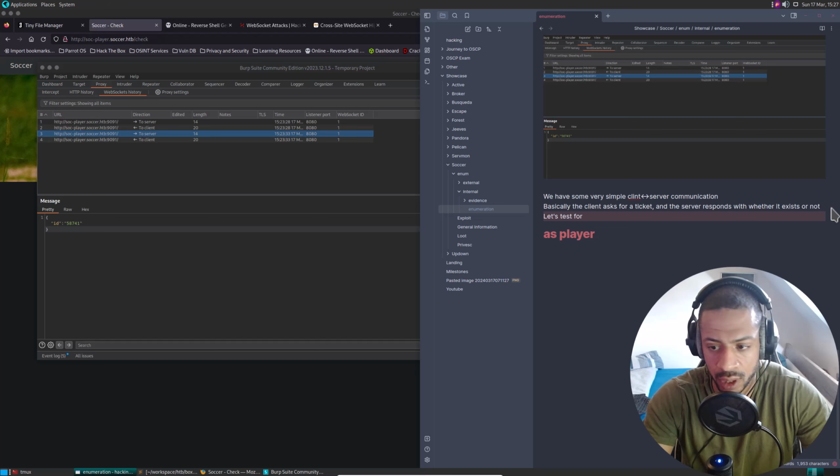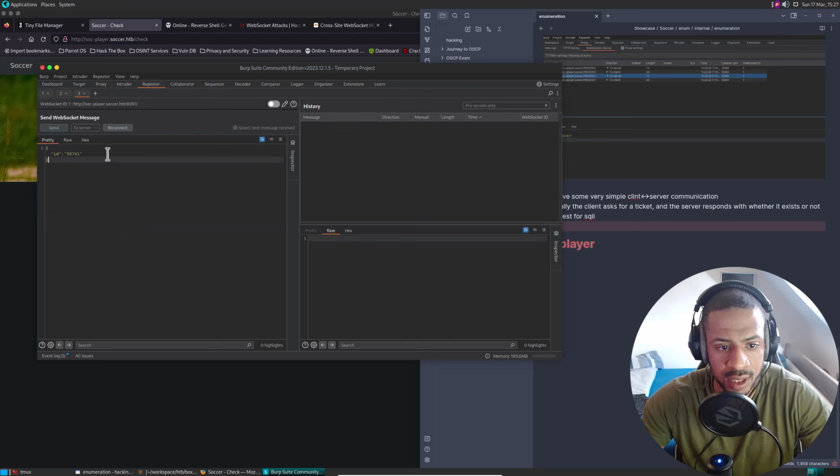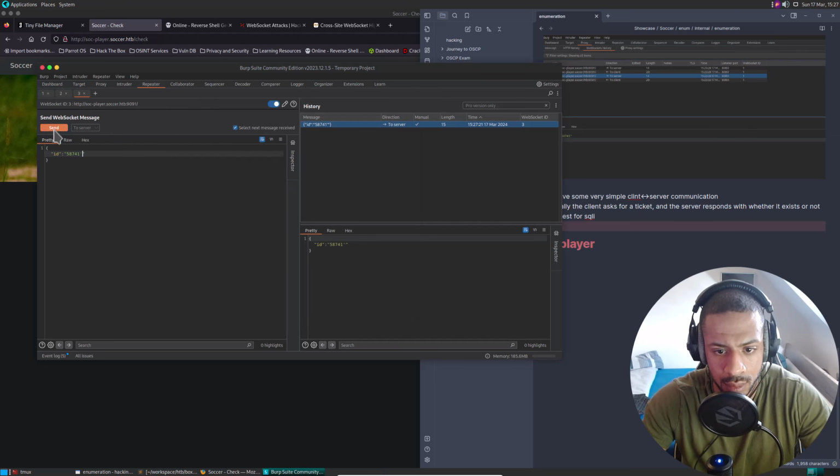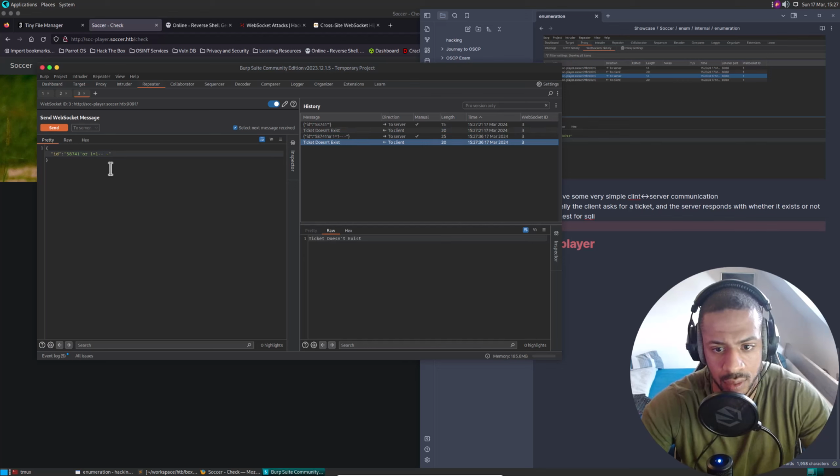Let's test for SQLi. So repeater, what can we do? Doesn't exist. Or 1 equals 1, like so.